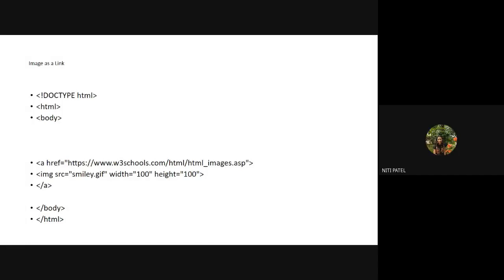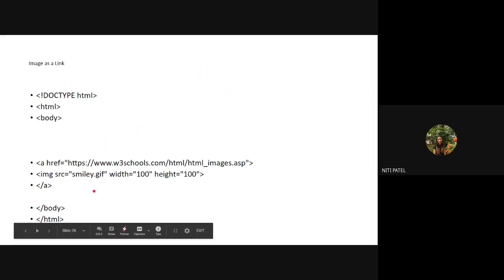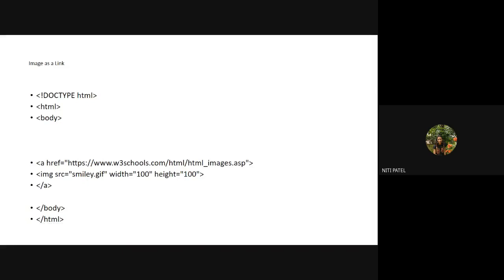Okay. Now let us see what is going to happen over here. Have you seen that there are many websites where we click on an image and that image takes us to a new page? Have you seen something like that? Many times it is a text and a hyperlink is on the text. जो अभी हमने पढ़ाई किया कि अगर हम टेक्स्ट है, टेक्स्ट के ऊपर क्लिक करो तो हमको नए पेज पे लेके जाता है. But in many of the websites we also have an image, and when we click on that image it takes us to some website. So how is that done?